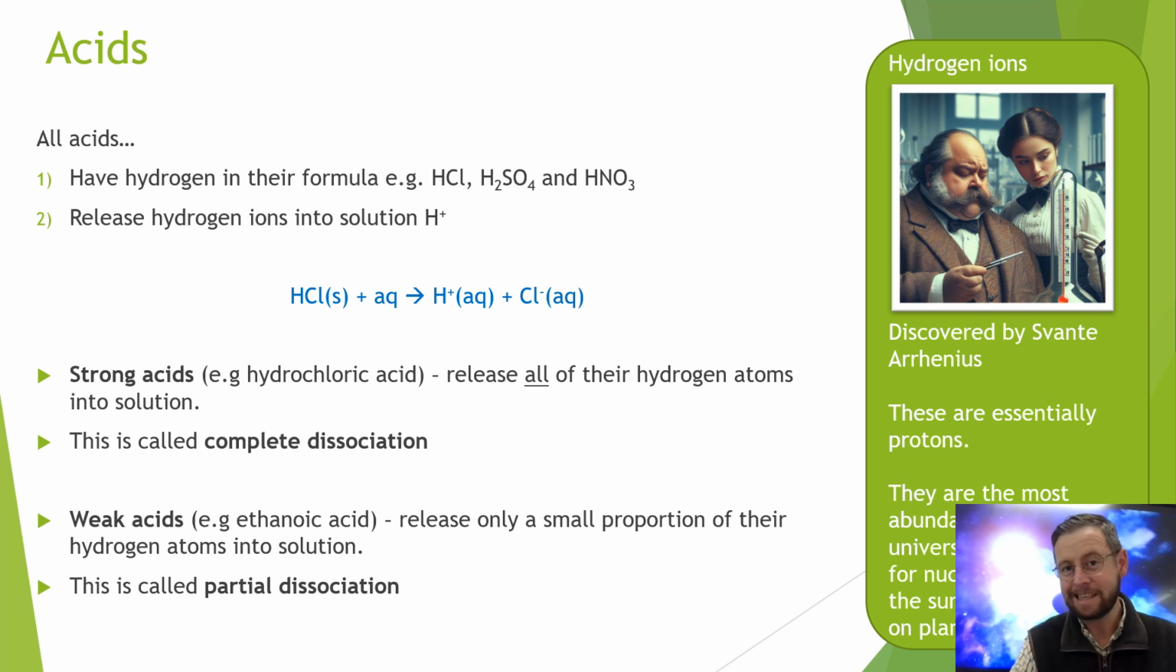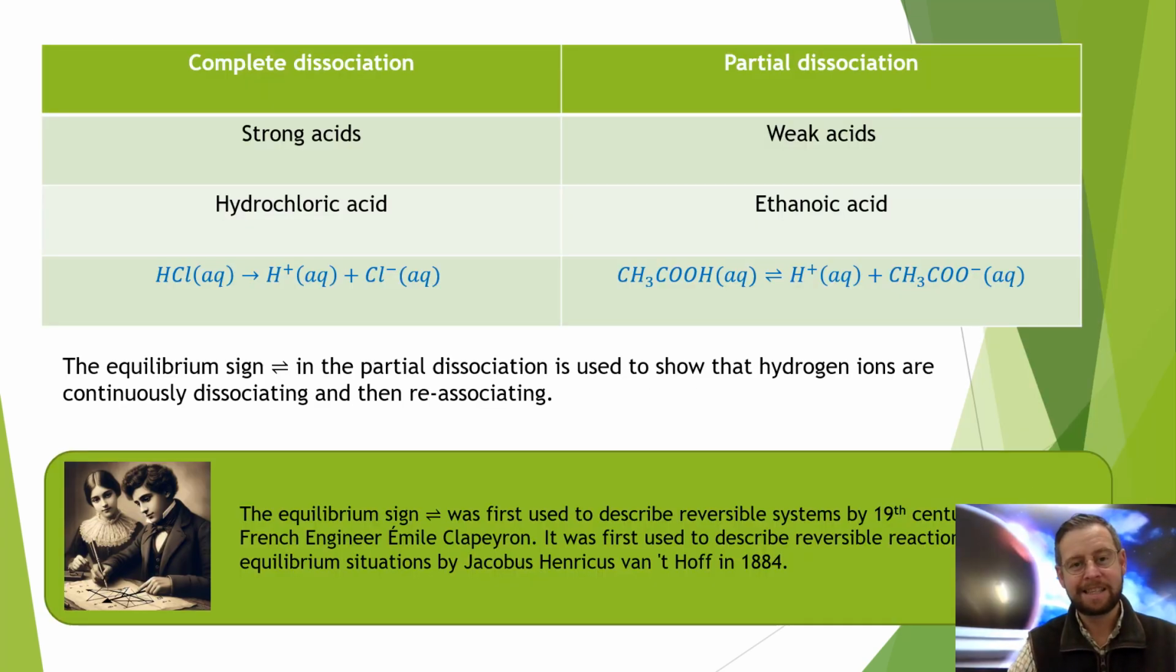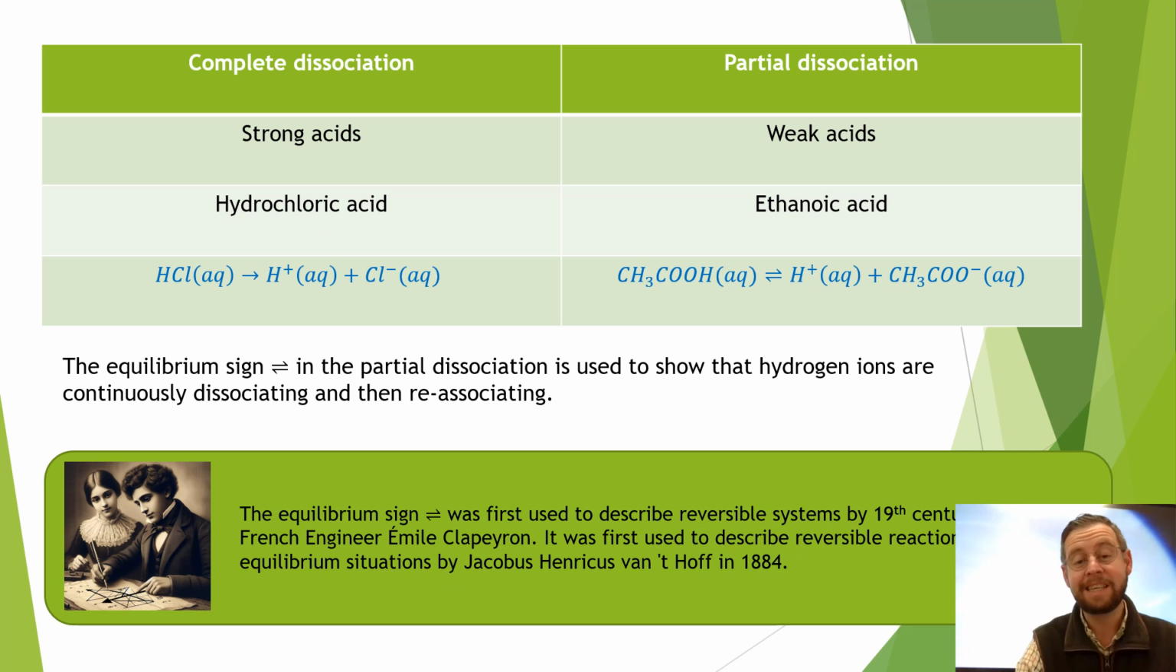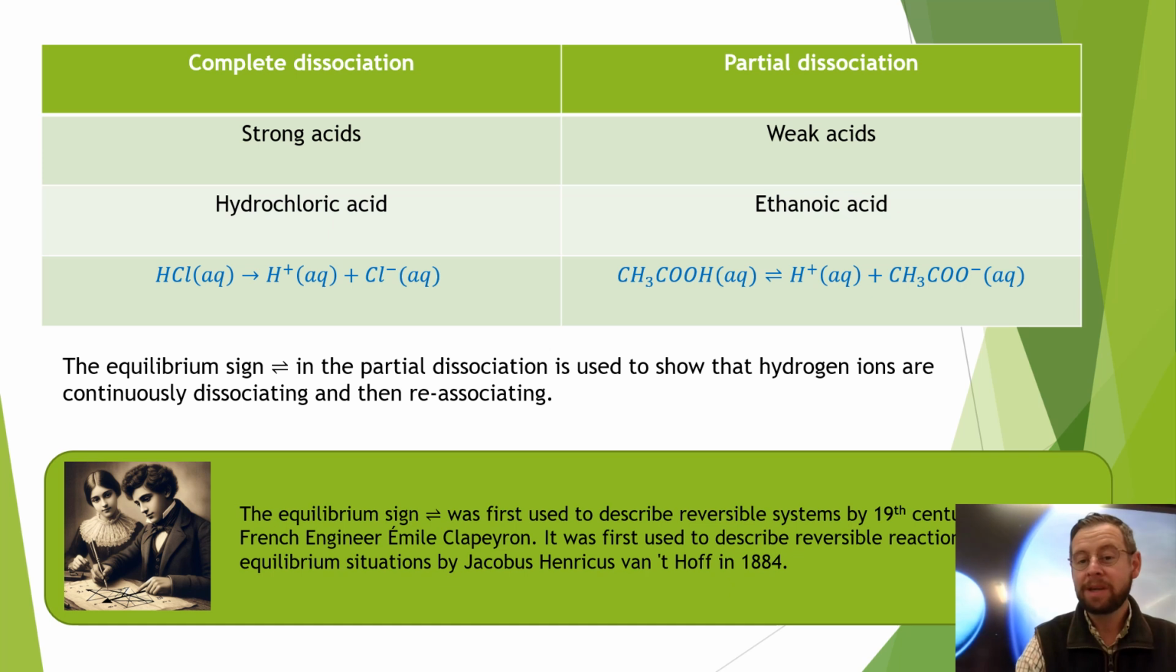Now, hydrochloric acid is an example of a strong acid, and ethanoic acid, also known as vinegar, is an example of a weak acid. Look at this tabulated. Complete dissociation occurs in the strong acids like hydrochloric acid, and you can see there what's happening is we are ending up with the one hydrogen that hydrochloric acid has separating from the chloride ion and going its own merry way,